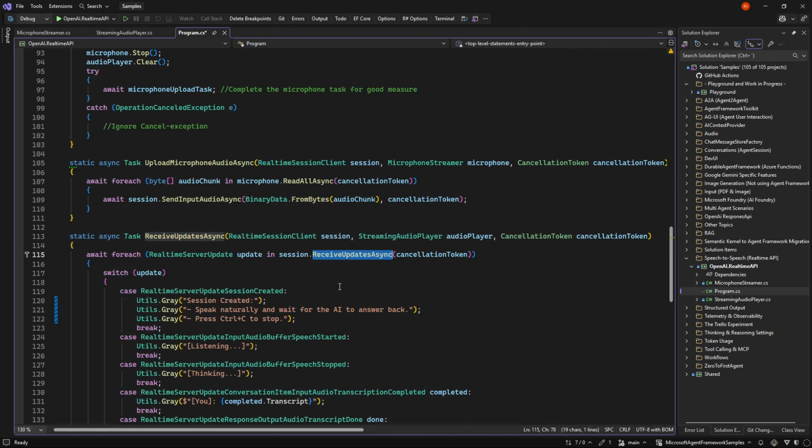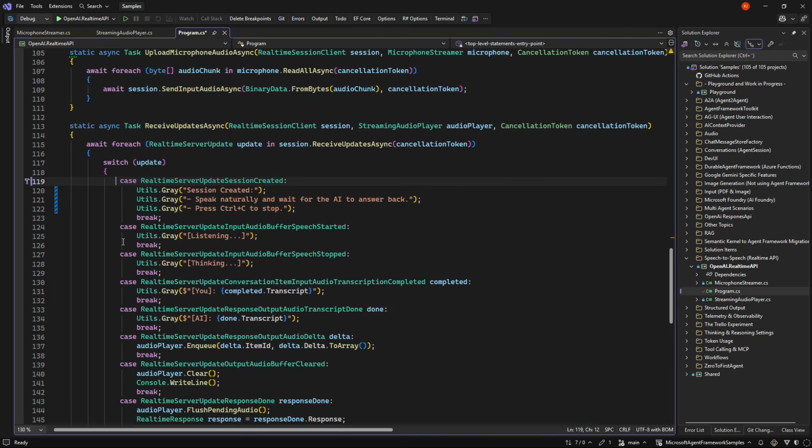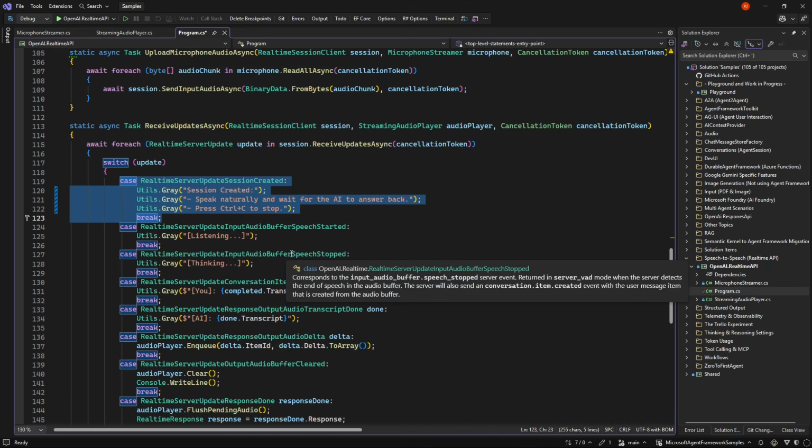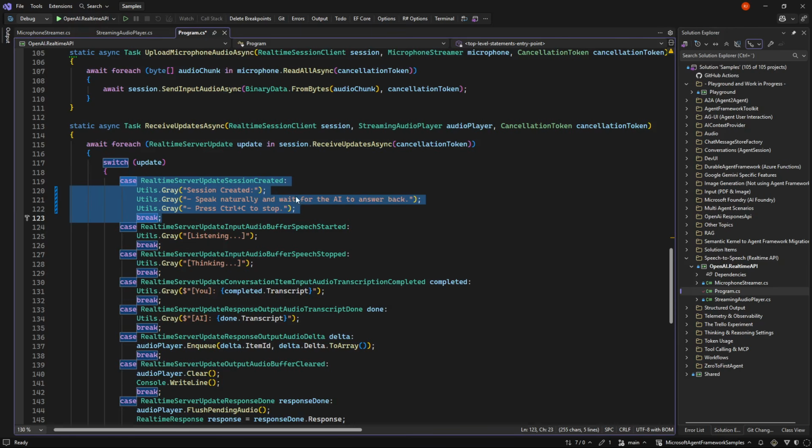So every time we have a receive update, we can do an await for each update. And every one of these updates is something different. The first one we normally get is a session created, where we can write some text out. We say the session is created, speak naturally, wait for the AI to answer back, and press Ctrl+C.